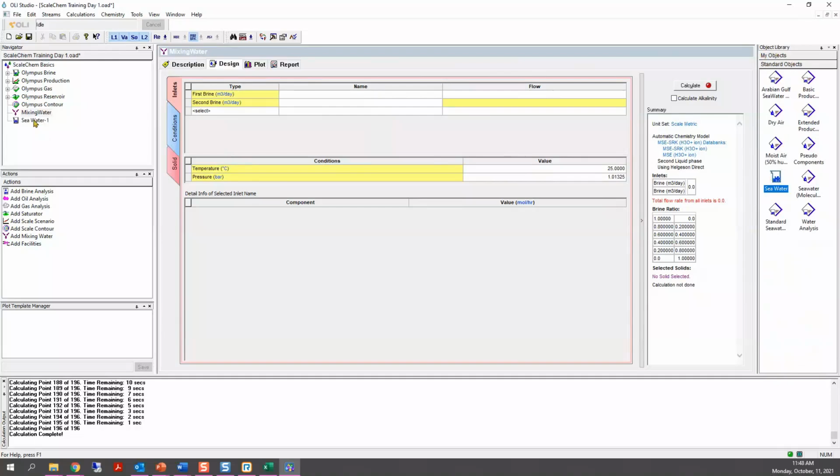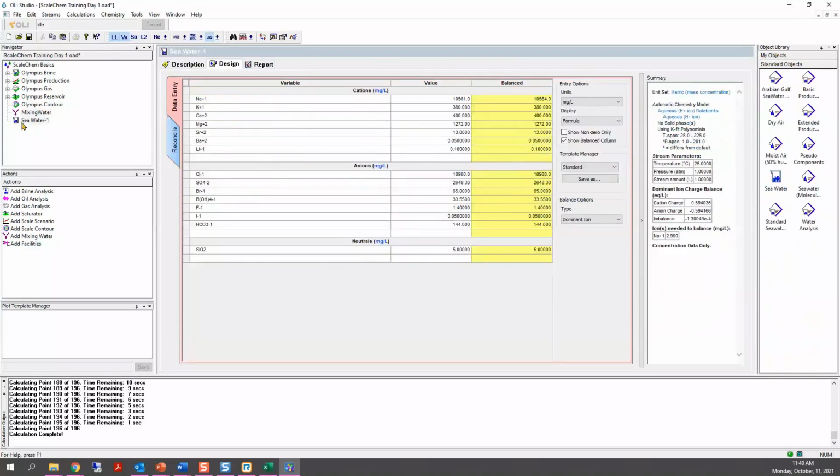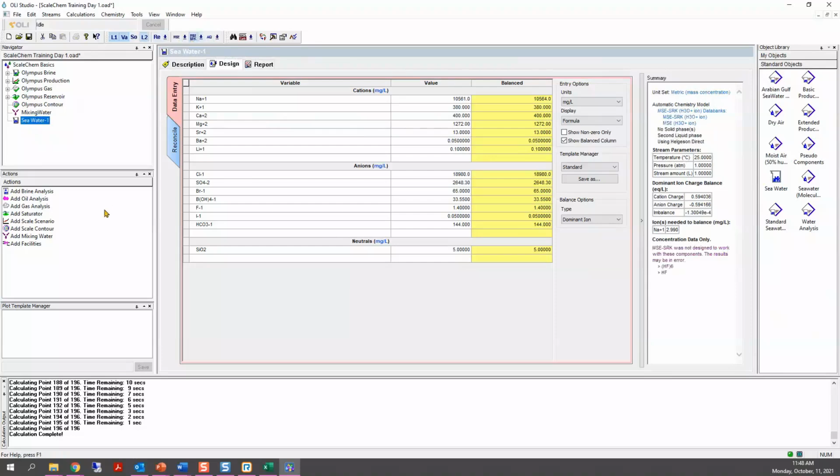When we created this seawater analysis, we created it in the AQ framework. So in this case, it's the only case where we need to make sure that the framework we are using here is the MSE SRK. So select the seawater and go to the Tools bar and select MSE SRK. So we have changed here the thermodynamic framework of the specific seawater, okay.